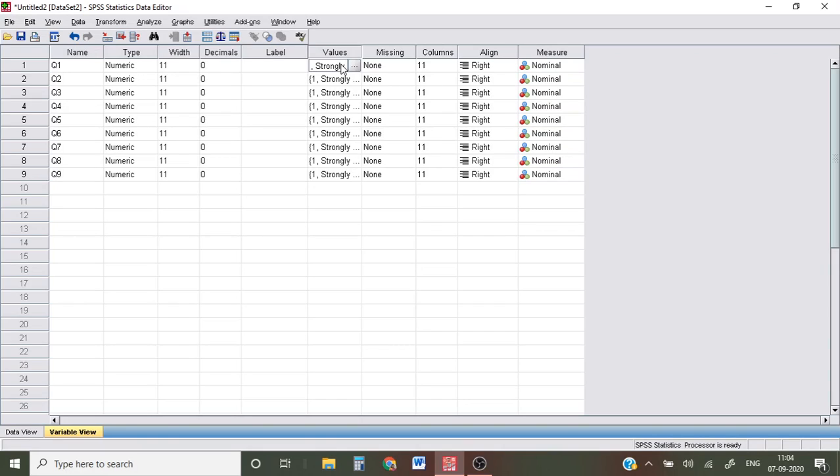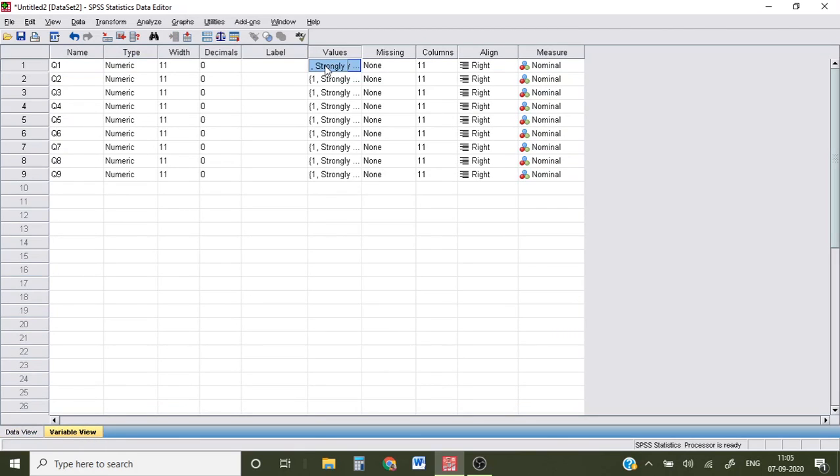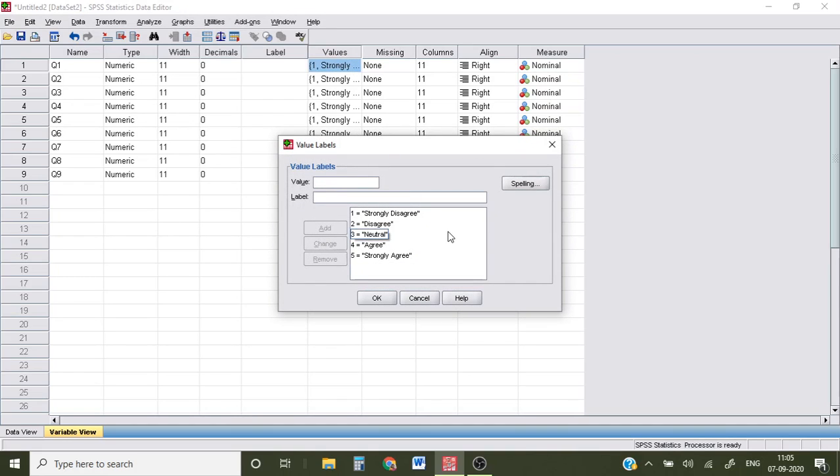Now let's look at an example. Here I've added a 9-question questionnaire. This questionnaire consists of 9 questions. Let us take an example of how to measure how safe people feel at work at an industrial complex. Each question has a 5-point Likert scale starting from strongly disagree to strongly agree.